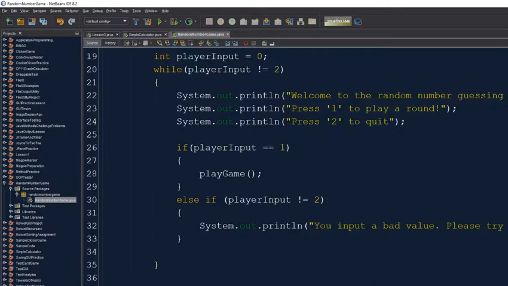If they chose to, what happens? Well, none of this is printed, but it's going to loop back around, and then player input is 2, so the while loop will end. So that's the exit condition. So if they didn't do any of these things,